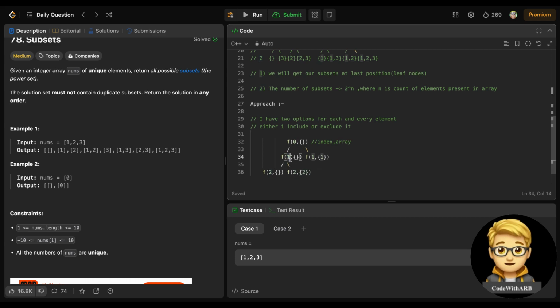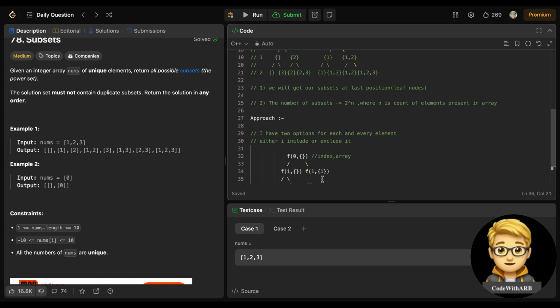So the first element is here. If I don't include this, it will be 1. But if I include it, it will be 2, because this one at index is at 2 position. So the one position will give me the value, either include this or not, right. The same thing goes with here. And this is how we will approach this.